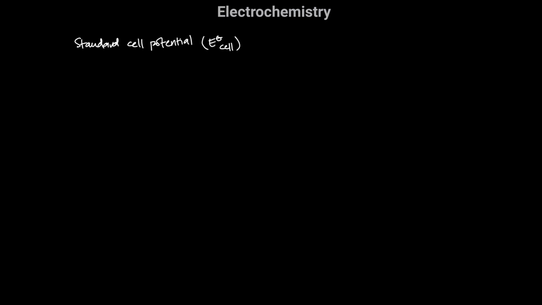Standard cell potential is the potential difference between the cathode and the anode of a cell at 298 Kelvin,